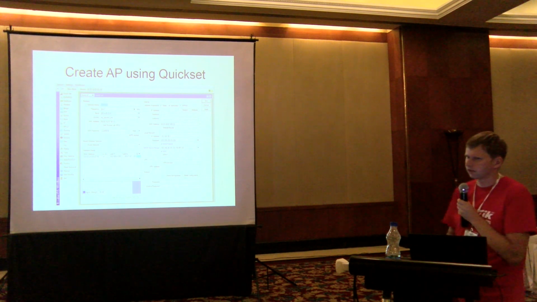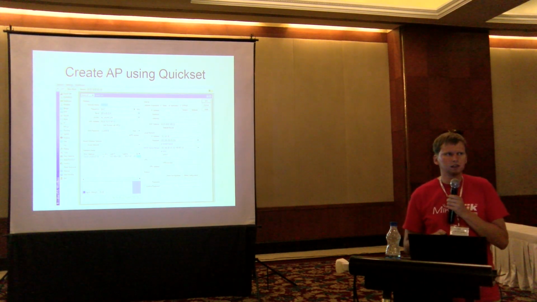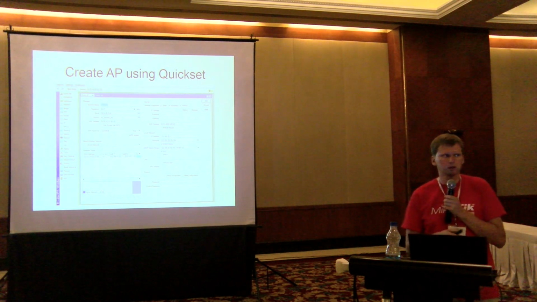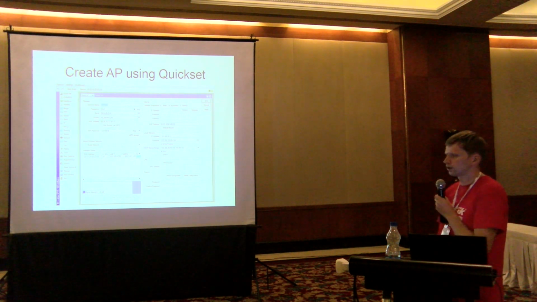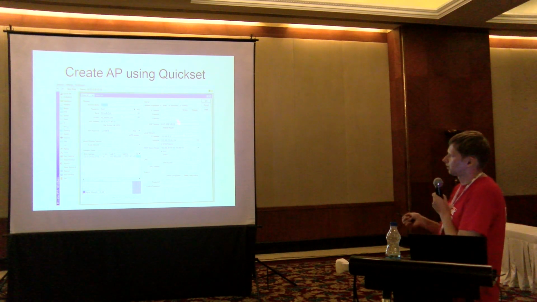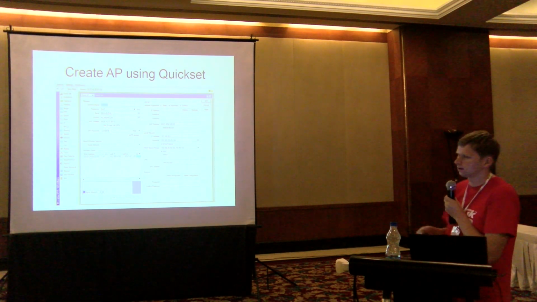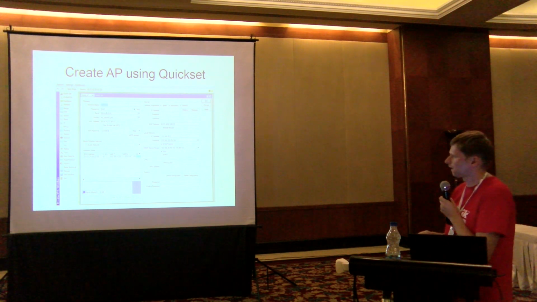Also, you can create an access point using QuickSet if you want, which is also easy to configure. For example, your WAP boards that you have in your boxes have QuickSet enabled. When you first connect to it, you will see QuickSet, so you'll have such a menu. You'll have a network name, frequency, band, country. You can specify your own wireless security profiles there.